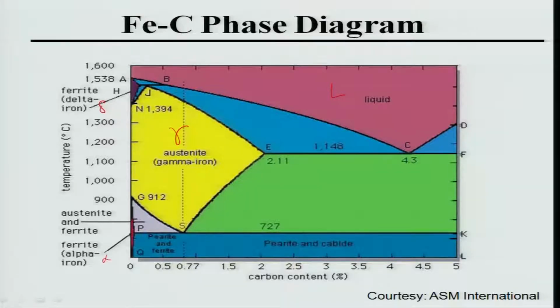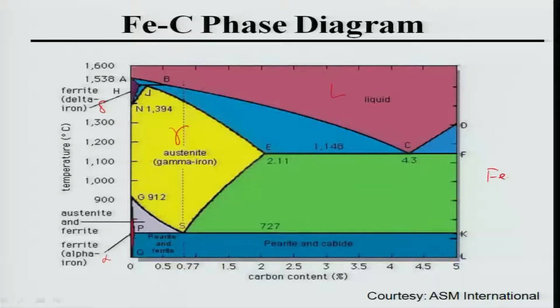And what does it mean? That means the phase diagram starts with 0% carbon and it ends at 6.67 weight % carbon. And why is it so? Because it is a phase diagram between iron and iron carbide, or Fe and Fe3C. In Fe3C, the carbon concentration is 6.67 weight %. So, that is why the phase diagram is always represented from 0 to 6.67 weight % carbon, and this is